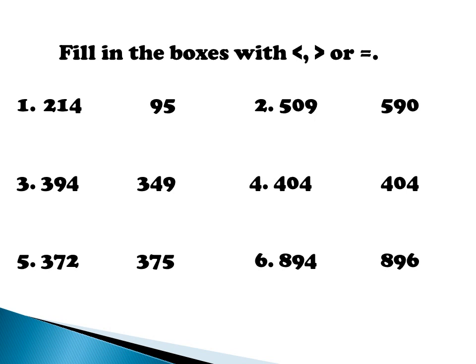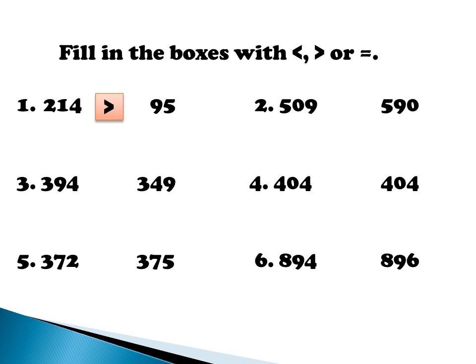Students, here sign means comparing numbers or the crocodile sign. Let's start. Number 1, 214, 95. Which number is greatest here? Let's see. First, let's see the hundreds place. 2, and in the next number there is no hundreds place in 95. So the digit 2 is greatest. So the number 214 is the greatest number.